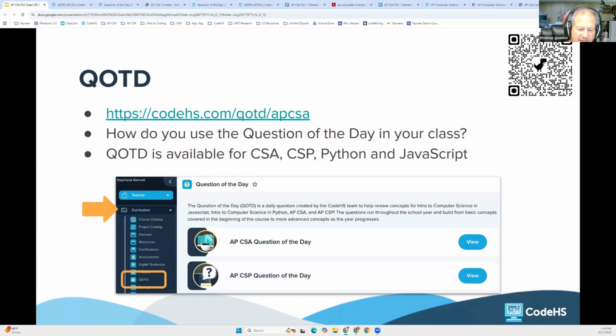My class this year for CSA is, I think, 17 students, which is a nice size for teaching, but I'm debating whether I want to get them to all sit around a table or go up to the whiteboard and answer it together. The past few years I had class sizes of 5 or 6 or 7, and it actually worked really well. Sometimes I would sit behind them all and give them the dry erase markers and say, go up there and work it out and debate it and see which answer you think is right. Most of my groups were good kids and they worked well together, and it was a really good thing.